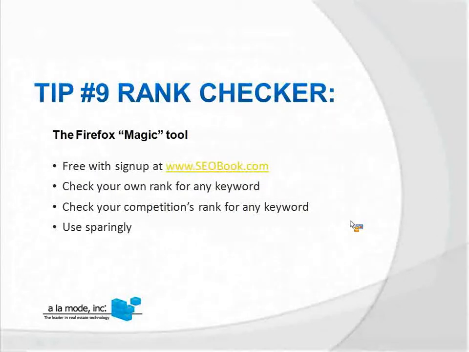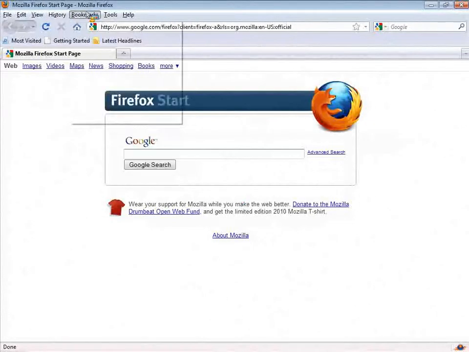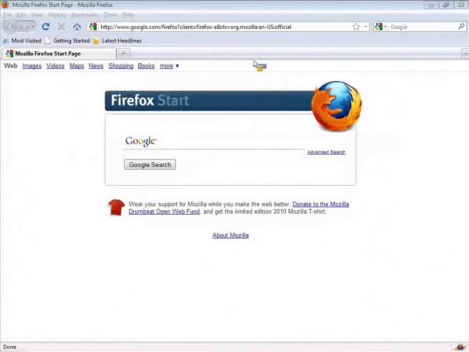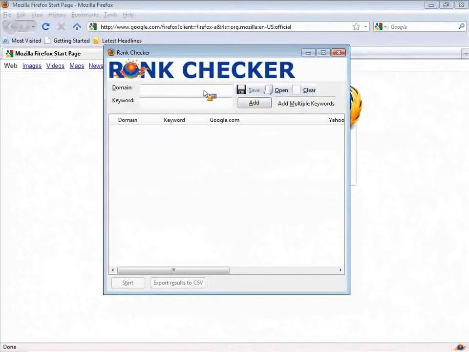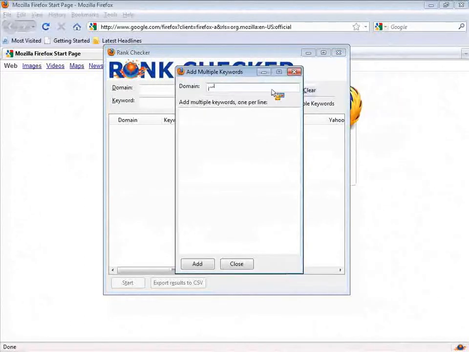Open Firefox, because it is a plugin dedicated to Firefox. All I have to do is just open it here. Tools, Rank Checker. I'll choose Run. Okay. Gosh, I just love the heck out of this. I'm going to come over here and say add multiple keywords. I'm going to choose a domain. Let's do vcappraisals.com. Let's do OKC Appraisals, OKC Appraiser, OKC Appraisals,